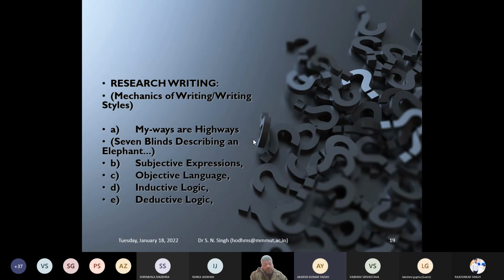What is subjective expression? That is when you start telling that I live in Gorakhpur, Gorakhpur is my home district, I love Nauka Bihar, I like it very much. What is that? Subjective expression. When you are objective,